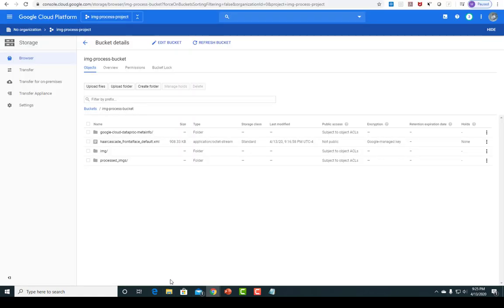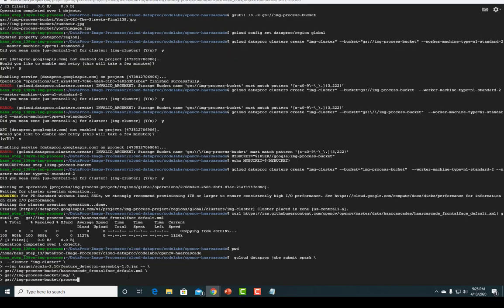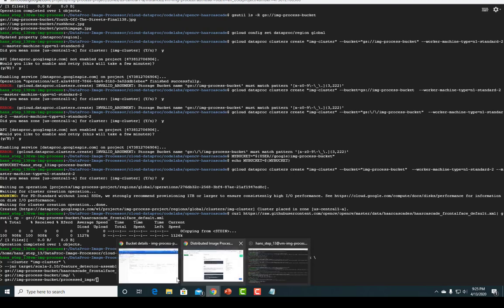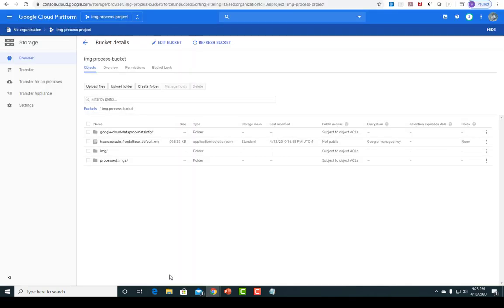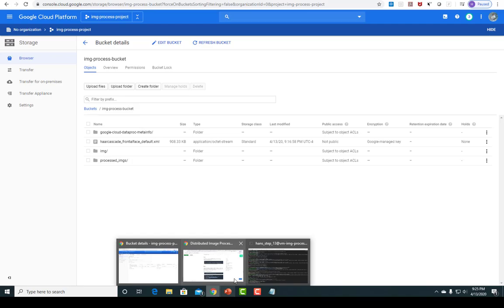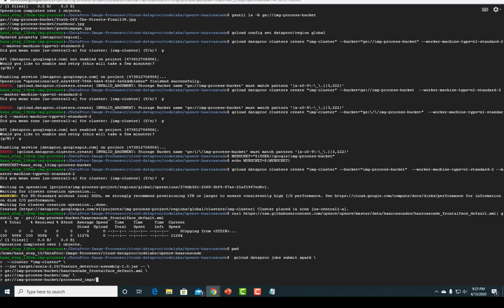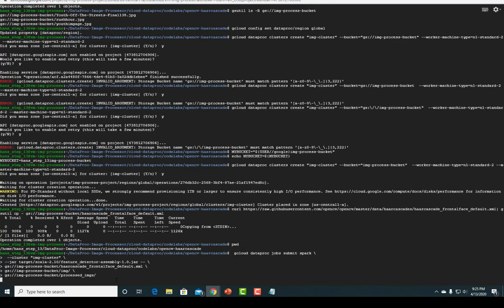Processed underscore images. Processed underscore images. I believe so. Yep. Just to be sure, so the command does not fail. Processed underscore images. Awesome. So now I'm going to run this,